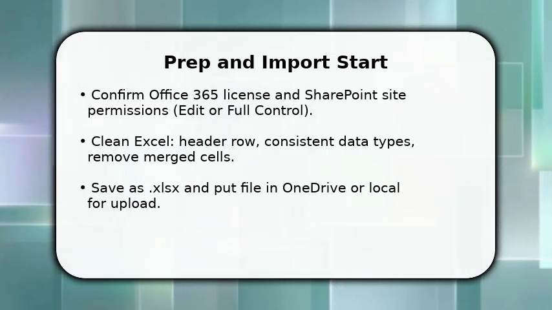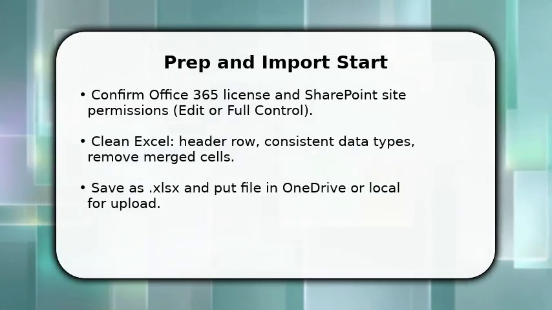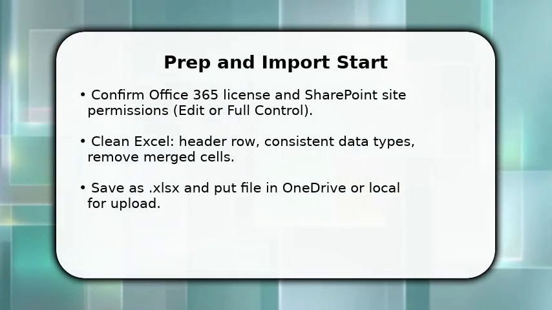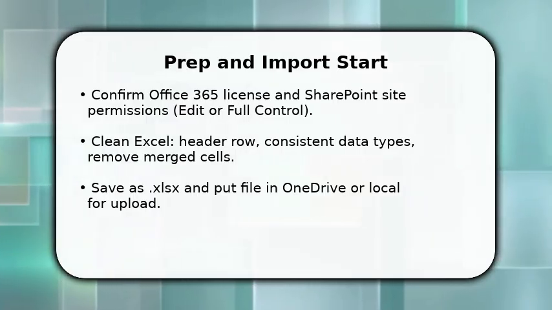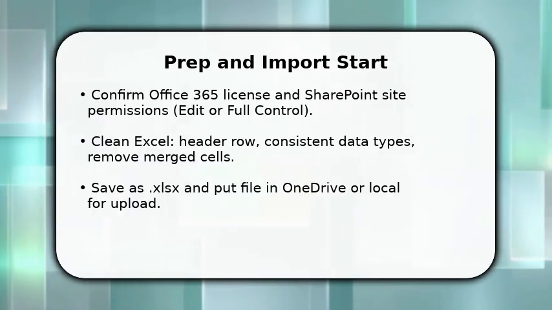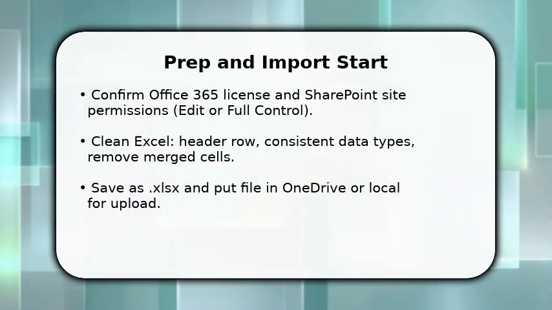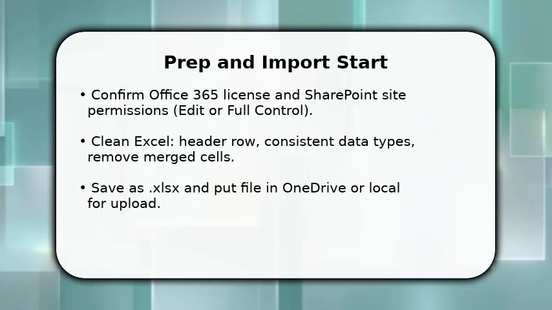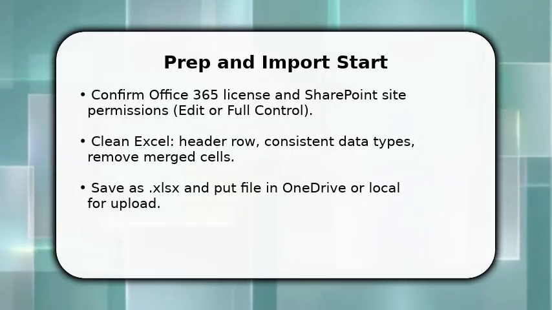You start by verifying permissions and where the Excel file will live. Once done, open the workbook and make sure each column has a clear header and consistent data types. Merged cells break imports. Save as XLSX and upload to OneDrive or the site's documents library so SharePoint can read